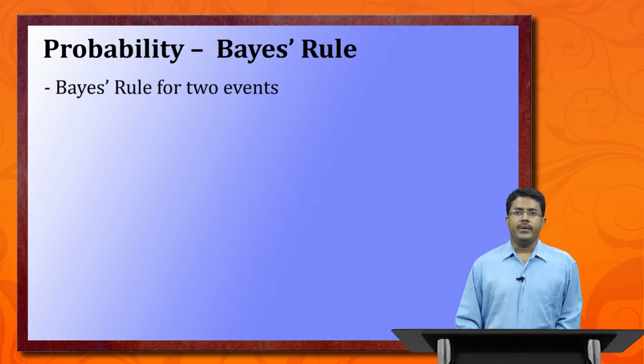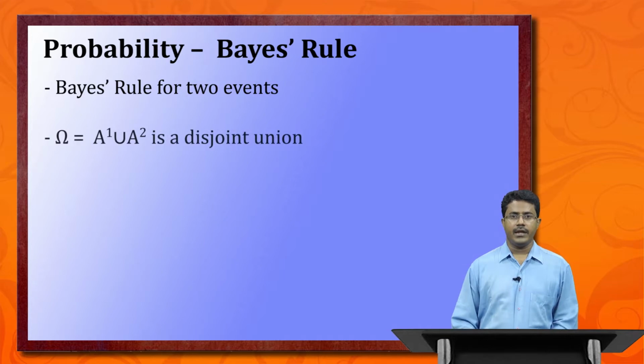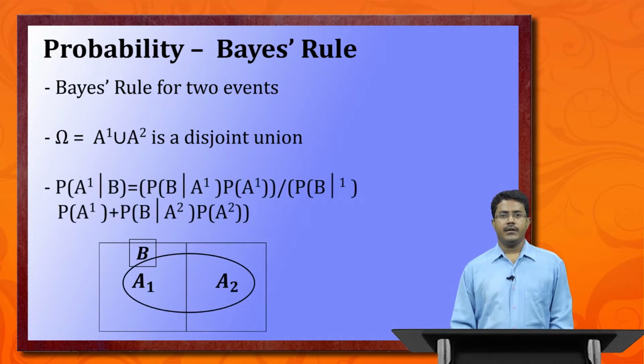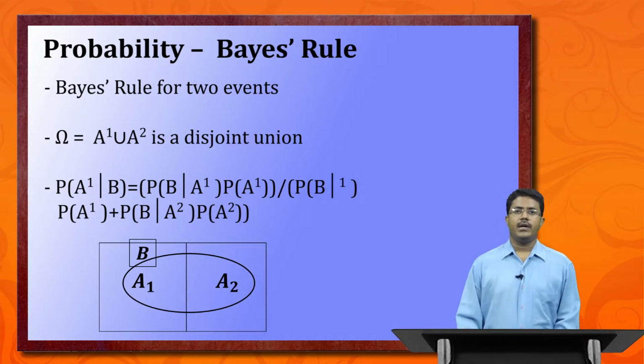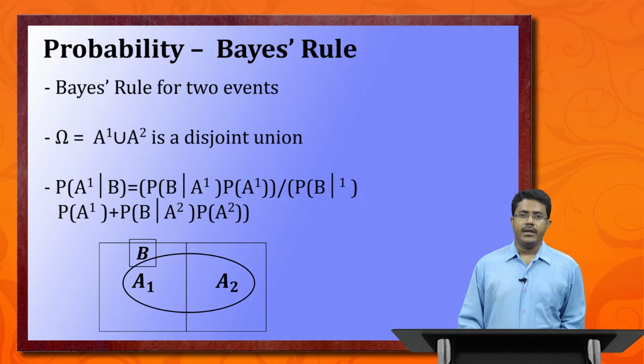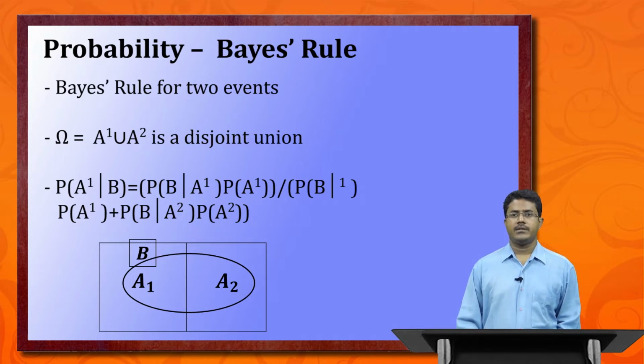Now Bayes rule for two events. How do we calculate Bayes rule for two events? Event A1 and event A2 form a disjoint union, along with event B that has already happened. So what is the probability of A1 given B? We will use the formula P(B given A1) times P(A1), divided by P(B given A1) times P(A1)